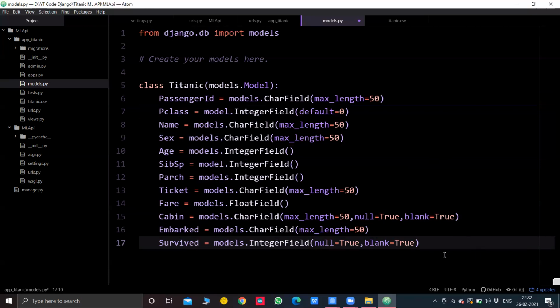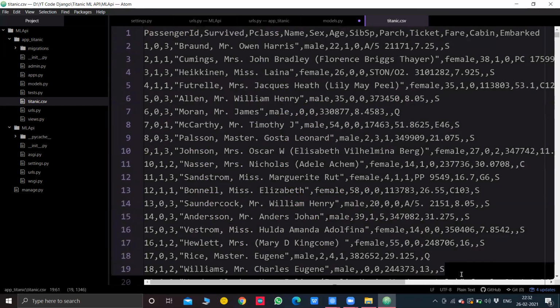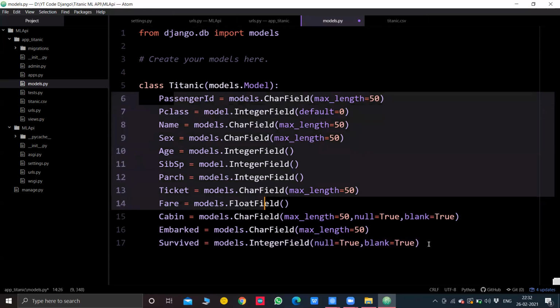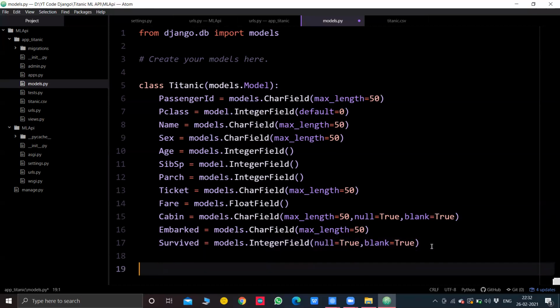And see, what do you want to do here? Just creating a database table won't help. And we don't want to put more entries as such as we are doing in the college API. What you want to do here is extract and use this data set which you have, and then put it inside this database table, and then get your result or the prediction. So for that, we can define a function itself here.